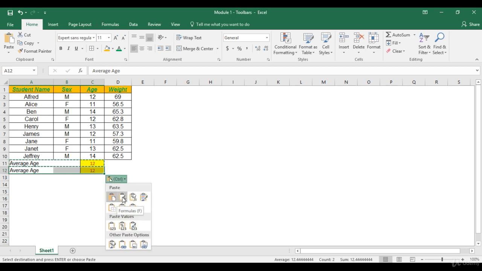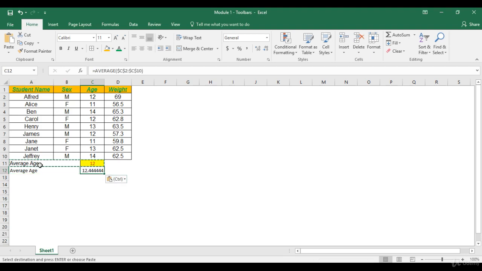Paste is what we have done. Now formulas. If I do a formula, let's see how this cell will change. Okay. Now supposedly I just select on formulas. It will just keep the formula, but all the formattings and everything will be gone. If I select formulas and number formatting, it will keep the formulas. It has the formula over here similar to this, just that it is not taking the other formatting, which is cell formatting. The number formatting is still there. It is appearing as 12 over here. It is appearing as 12 over here as well.